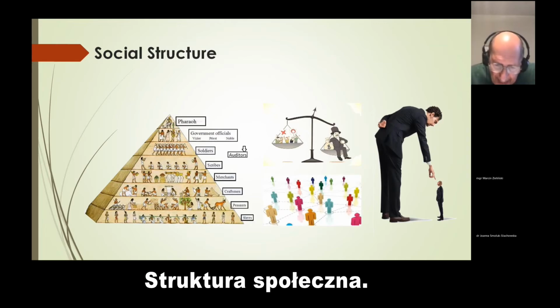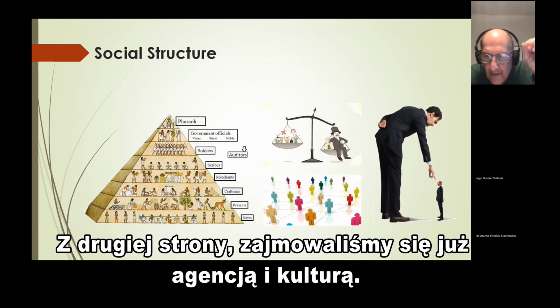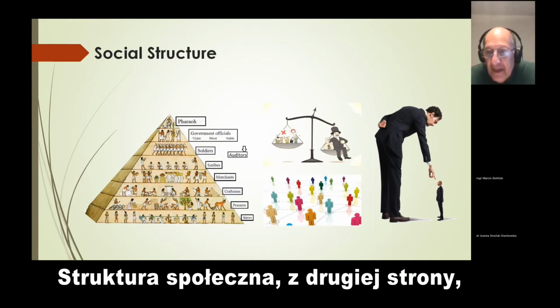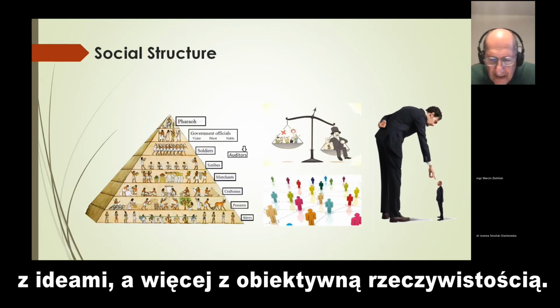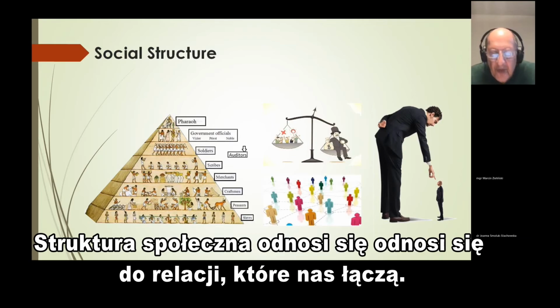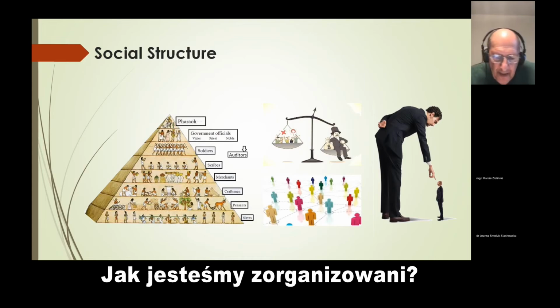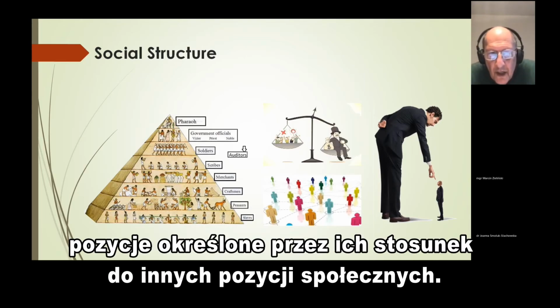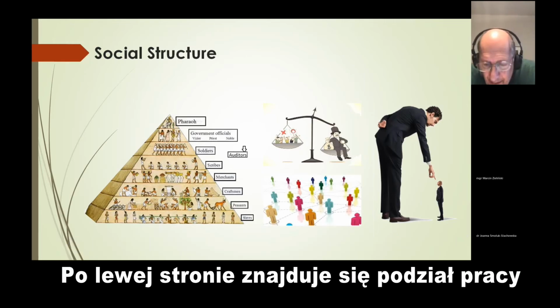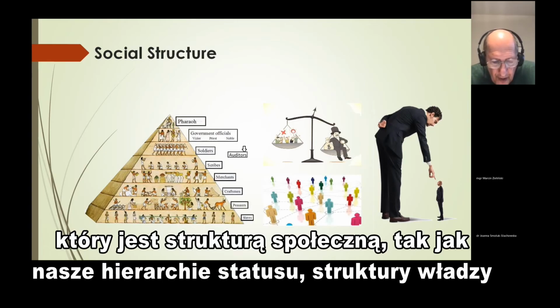Social structure, on the other hand, so we've done agency and we've done culture. Social structure, on the other hand, is on the more material end of the ontological spectrum. It has less to do with ideas and more to do with objective reality. Social structure refers to the relations that bind us, how we're organized. Each of us occupies various social positions defined by their relation to other social positions. So as on the left there, a division of labor is a social structure, as are status hierarchies, power structures,